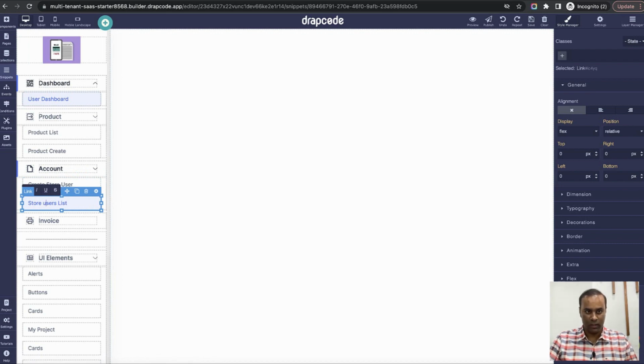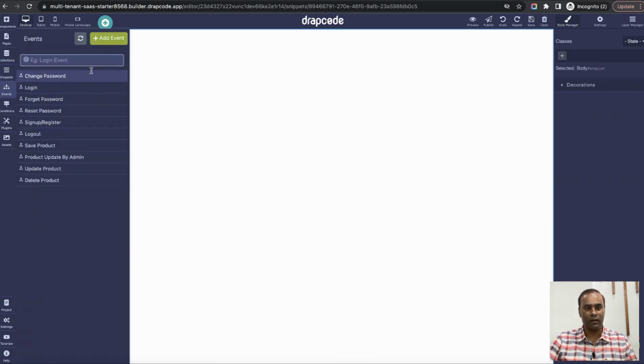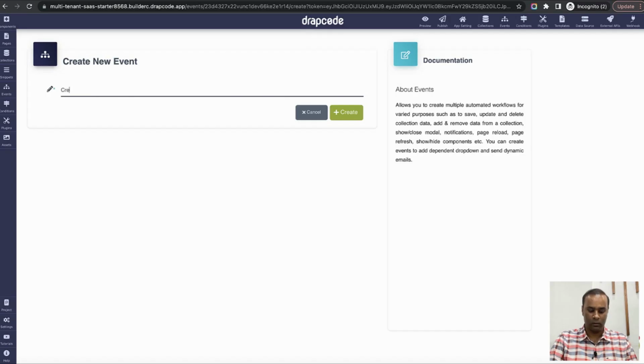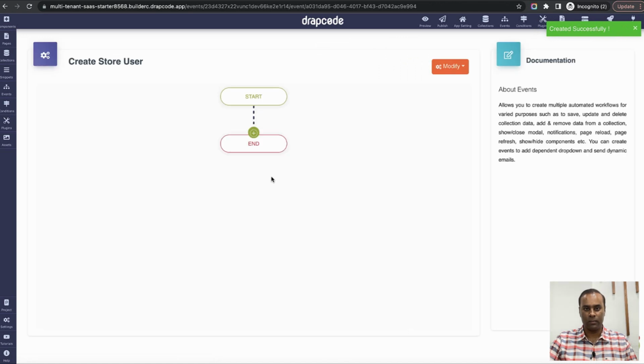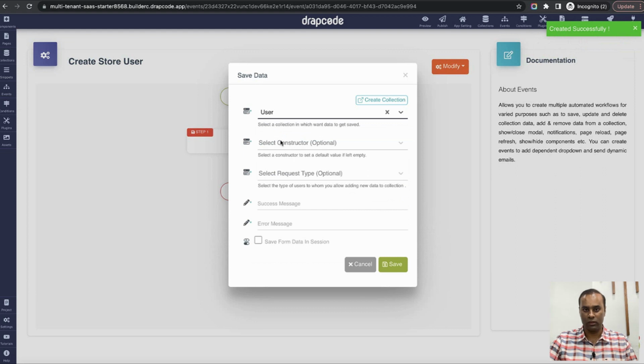So we'll have to create one more filter to display this list, but yeah, I think we can leave this for now. Now let's go and create an event. So I'll say create an event where I say create store user. This is simple. We'll say in the collection save data, because we are saving a new user. Okay, constructor everything leave as, let's say store user created successfully,